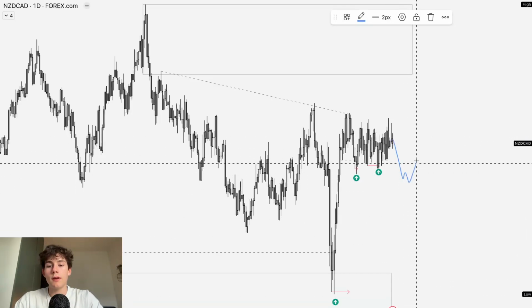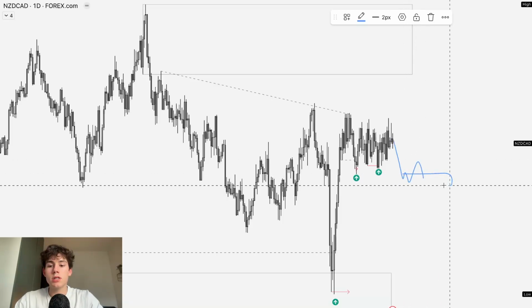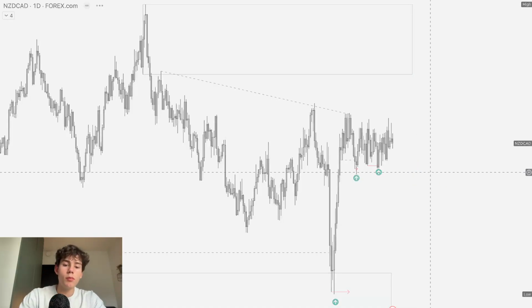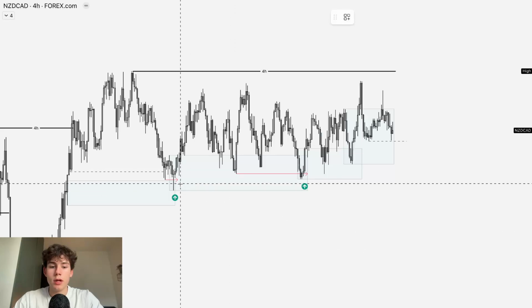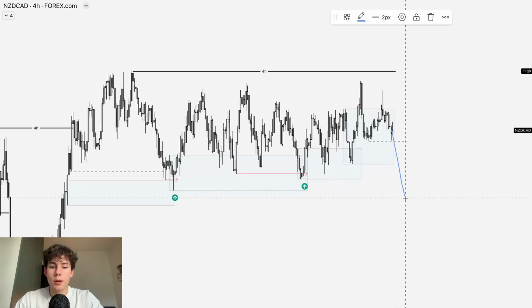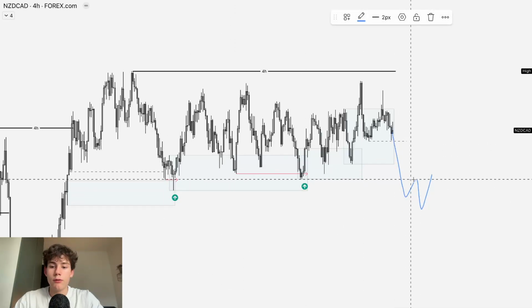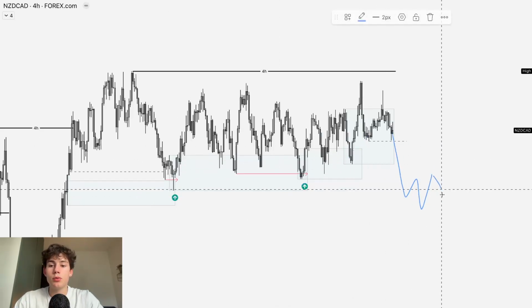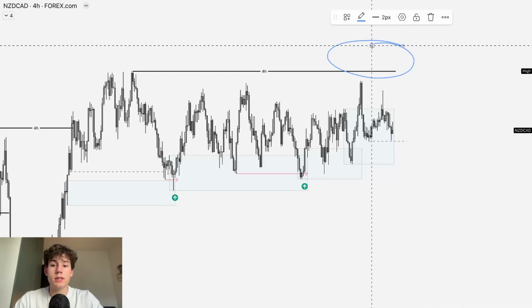Then I would wait for my 4-hour order flow switch or fractal break, which is not the same by the way. But if I see, for example, all of these liquidity lows get swiped, then I will look for a 4-hour fractal break, which is immediate confirmation that this liquidity is going to push price up higher towards the high.